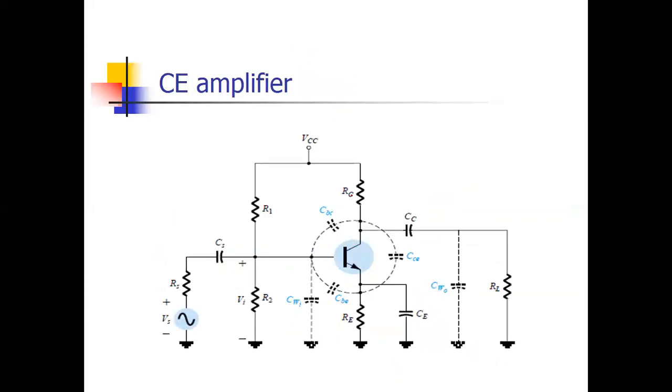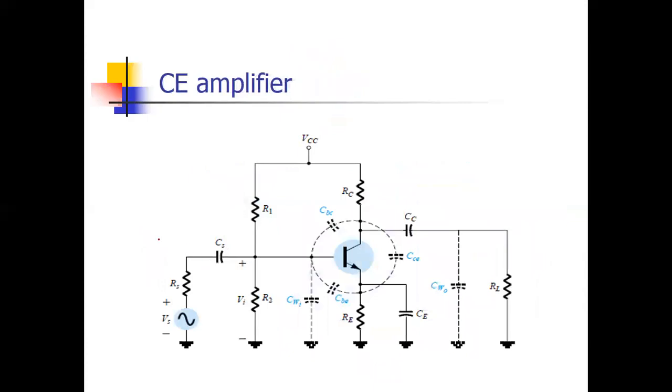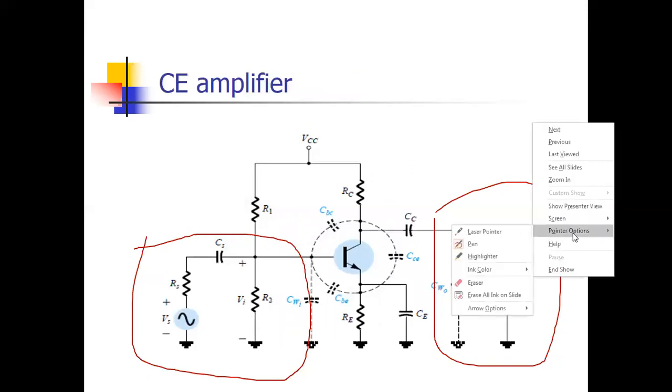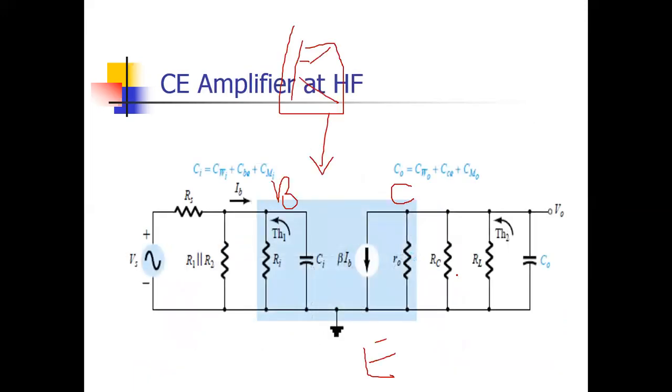So first of all, I guess this circuit is clear. Without capacitance, first convert this one BJT into this. Then you have to check what is at base: along with this, R1 parallel R2. At collector, what is there? RL in parallel with RC. Because the DC supply is grounded, these two resistances are in parallel, and these two resistances are in parallel. So now this circuit is complete, but that circuit will be called the small signal model at mid frequency.